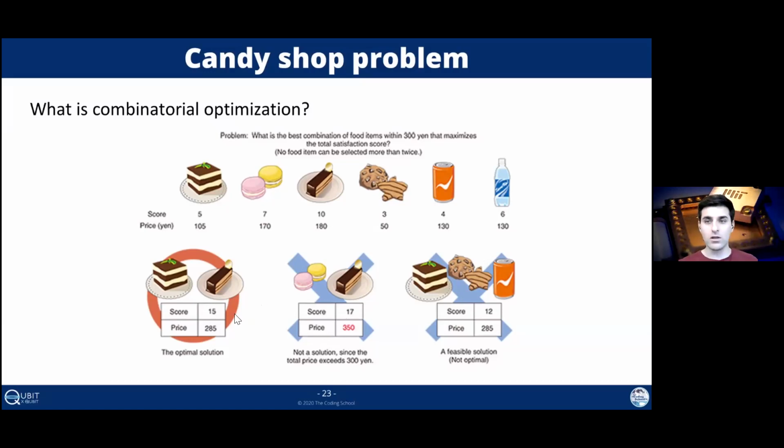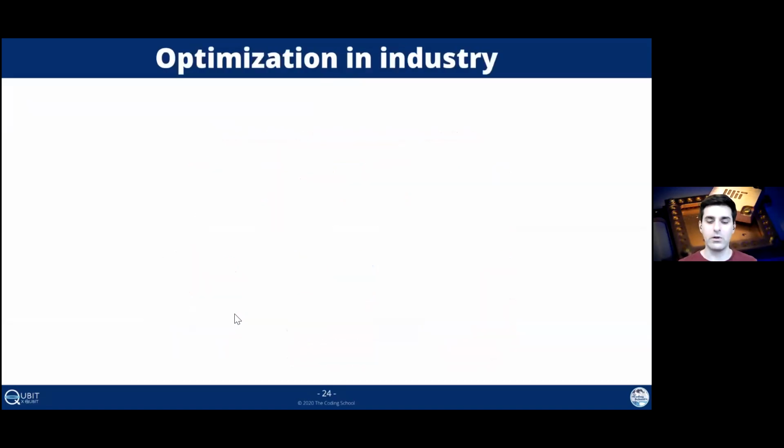So I want to see what combination of items you should buy to maximize the score. So that's a combinatorial optimization. Well, that's what combinatorial optimization is, pretty much. Now, optimization, and I will refer to combinatorial optimization as optimization from now on, has many applications in industry and